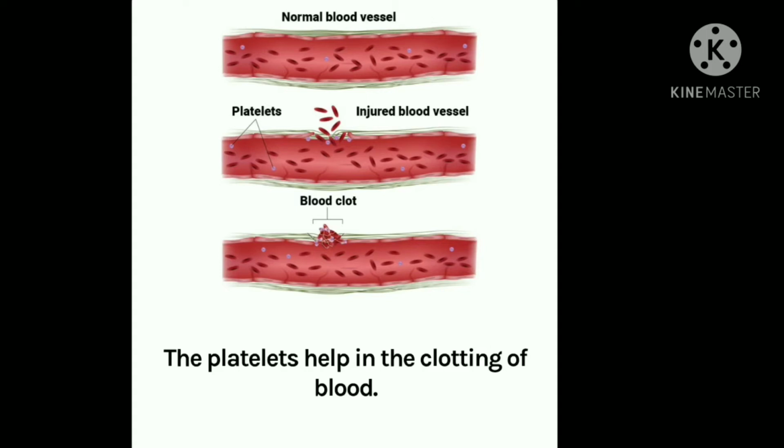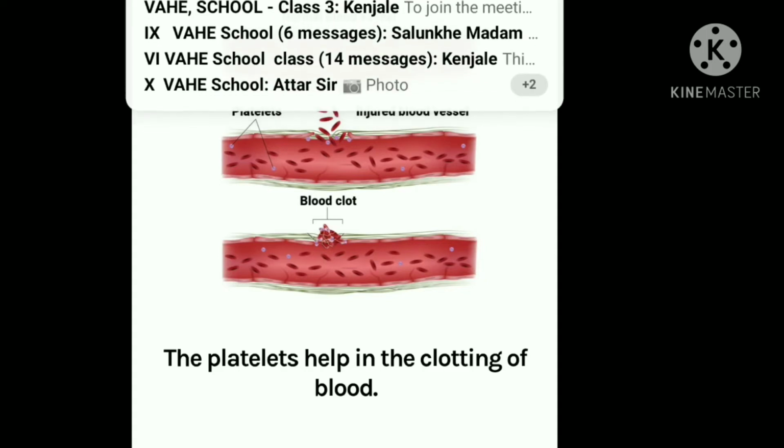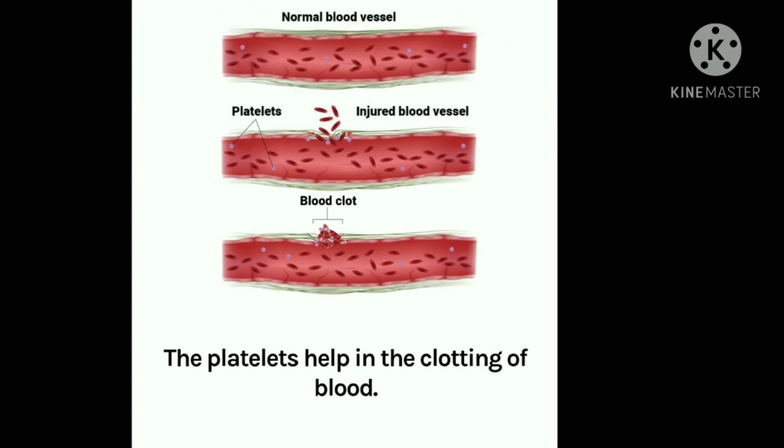Okay, and for example, sometimes we put turmeric, which is an antiseptic, and when you keep the turmeric and press at the cut, after some time the blood stops. So at that time what happened? Actually the platelets clot the blood, and because of the turmeric, which works as an antiseptic, there is no kind of infection.